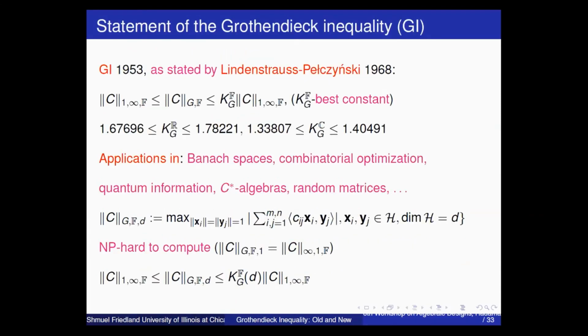Okay, so as I said, this was a result of Grothendieck, that after several years he quit functional analysis and moved to algebraic geometry. But this paper in '53 is the most famous paper, the most cited paper of Grothendieck. So this inequality is obvious, but that was the whole point of Grothendieck inequality, is that this SDP problem